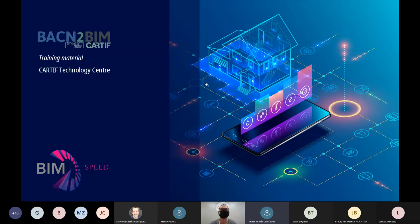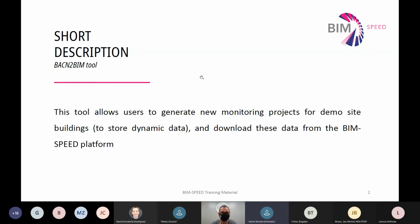Maybe back to the Cartif slide. So this is Roberto Sanz again from Cartif, and I will show you how to use and for what we have developed this backend to Bim tool. And yeah, okay, let's go. So the first slide says short description. Okay, this tool is